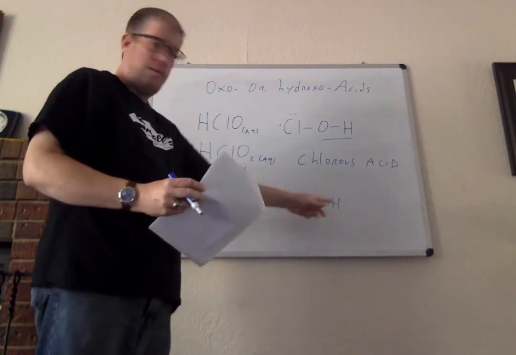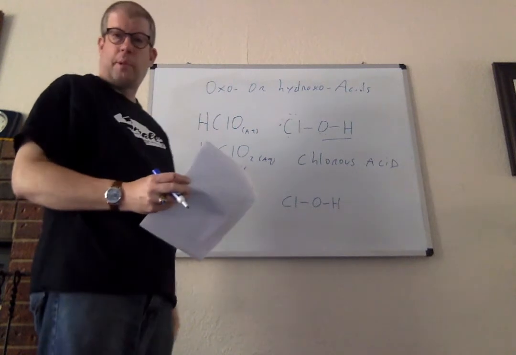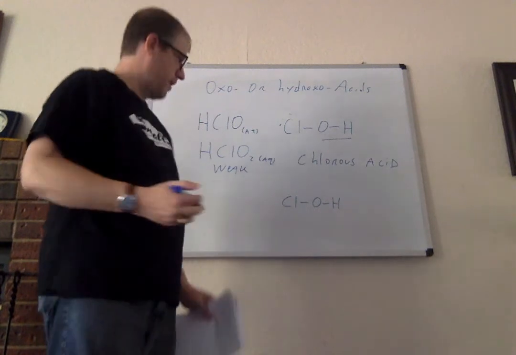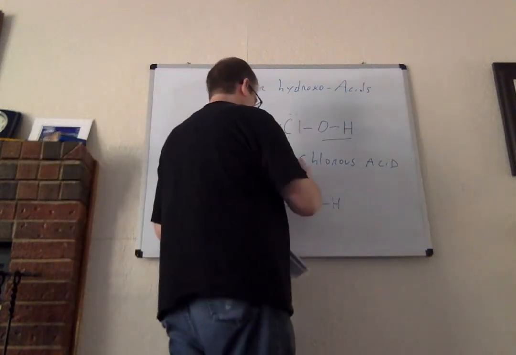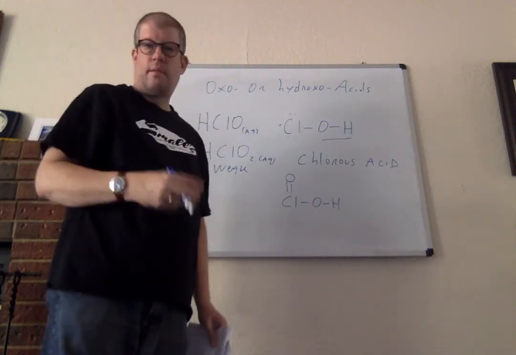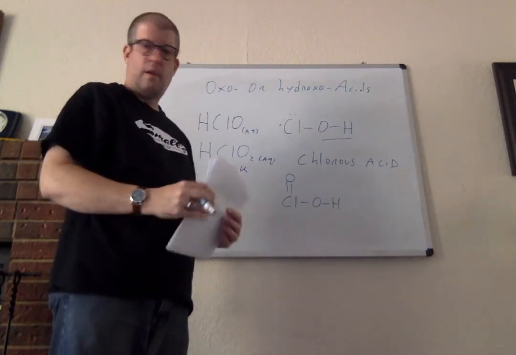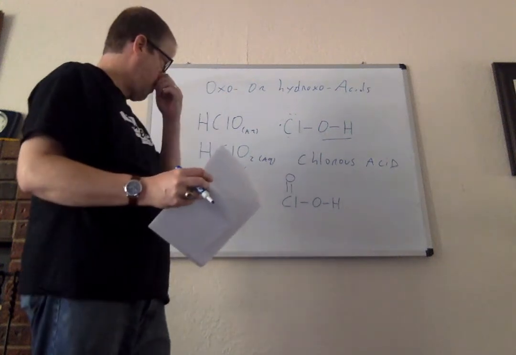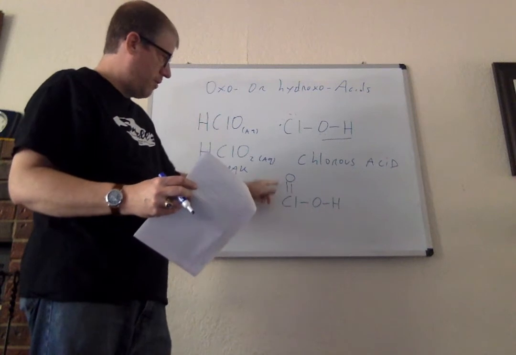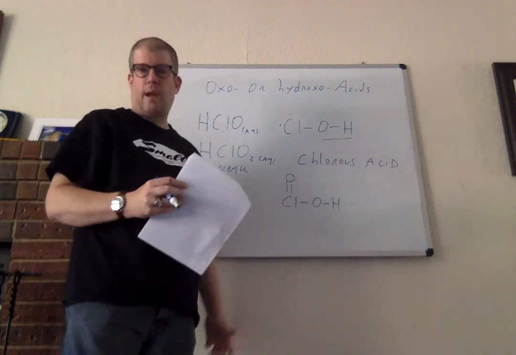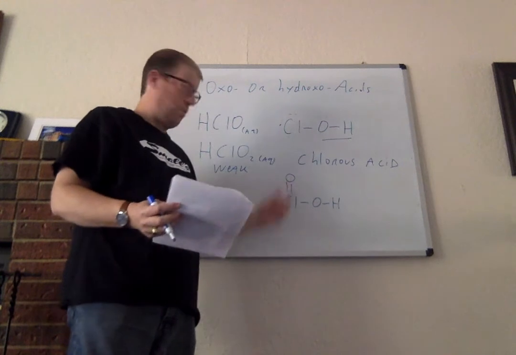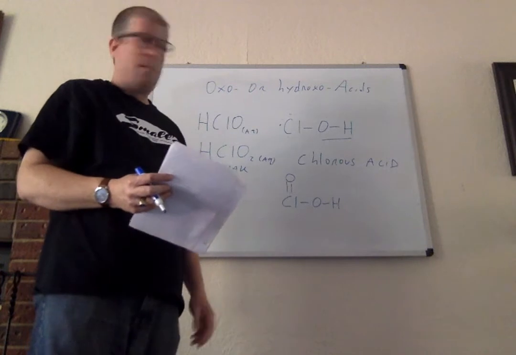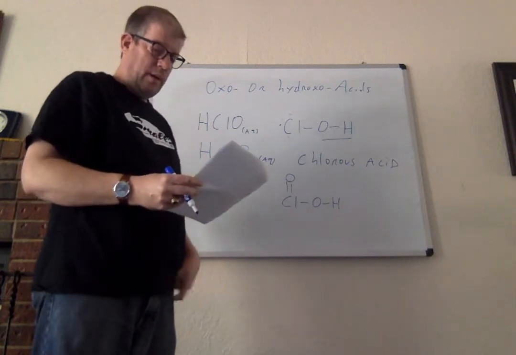But in addition to the one oxygen, we see from our formula we have two. And so whenever you have that happen, the second or the third or the fourth oxygen is doubly bonded to the main group element in question. And so this exists for bromine and iodine as well. So when you introduce a doubly bonded oxygen like that, that increases the acid strength. To make a long story short, the more doubly bonded oxygens you have attached to the element, the stronger will be the acid. Now this one is still weak, but it is stronger than hypochlorous acid.